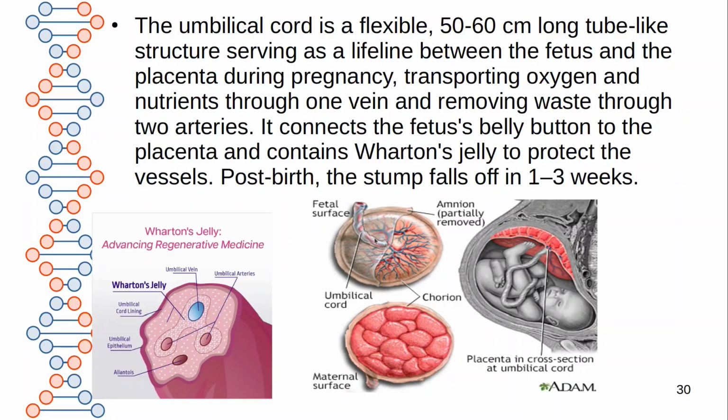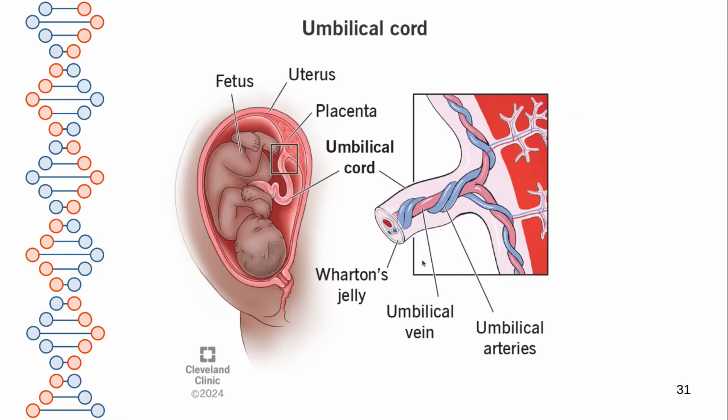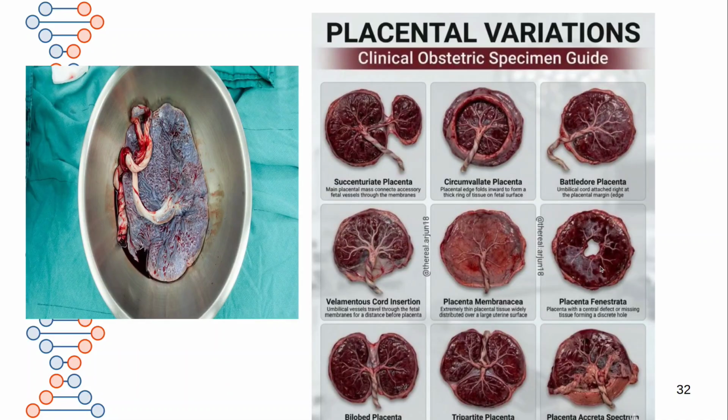That sac also you have to observe. That indicates the placenta is completely removed from the uterus. Okay, you have already seen Wharton's jelly, and it has two umbilical arteries and one umbilical vein. Next question is